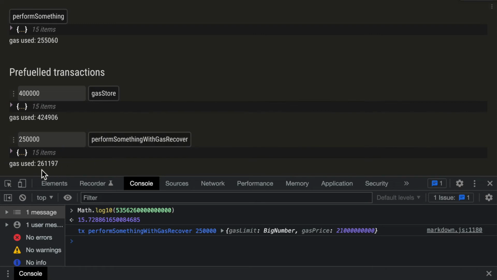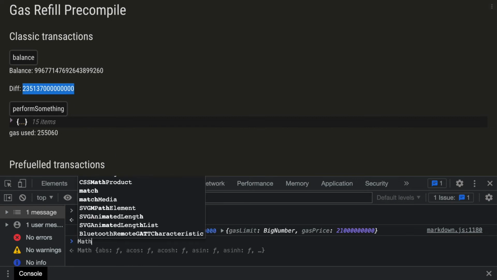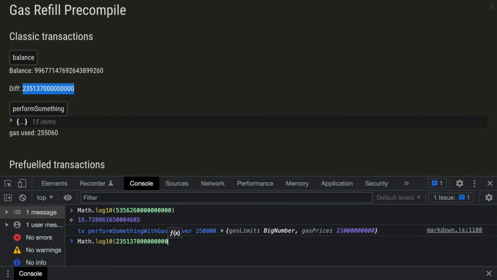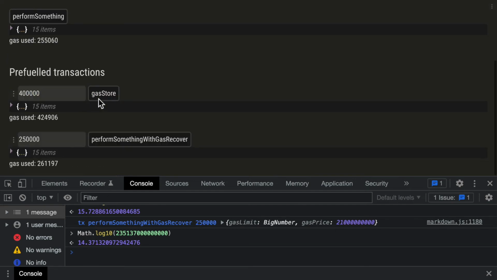This transaction consumes 261,197 gas units. Now let's see how much balance we consumed. And it is around 10 to the power of 14, so an order of magnitude lower than what we did before. So let's see what happens now if